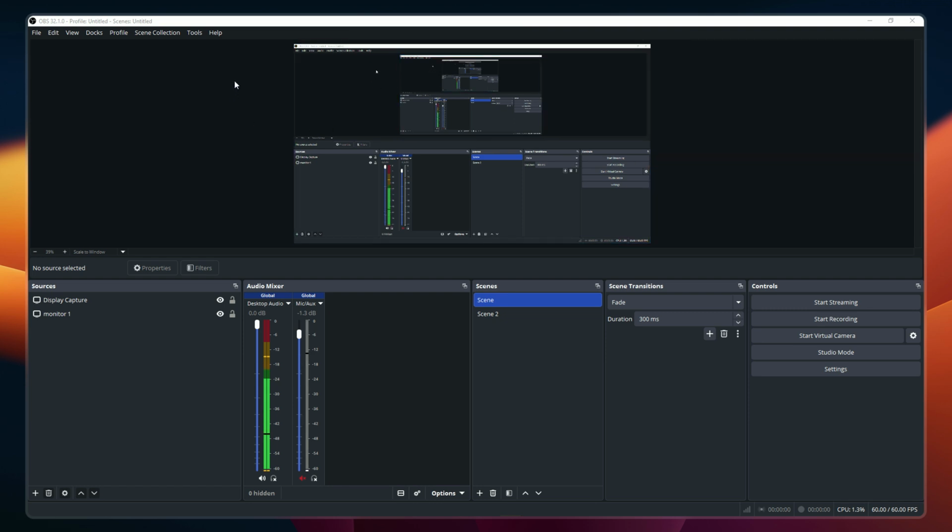First, launch your OBS Studio application on your computer. Once the application opens, you'll notice that when you set up display capture, you might encounter what's called a mirror effect. This happens when OBS captures itself on screen, creating an endless loop of windows within windows. It's a common issue that can make your recordings or streams look unprofessional, but fortunately there are two simple ways